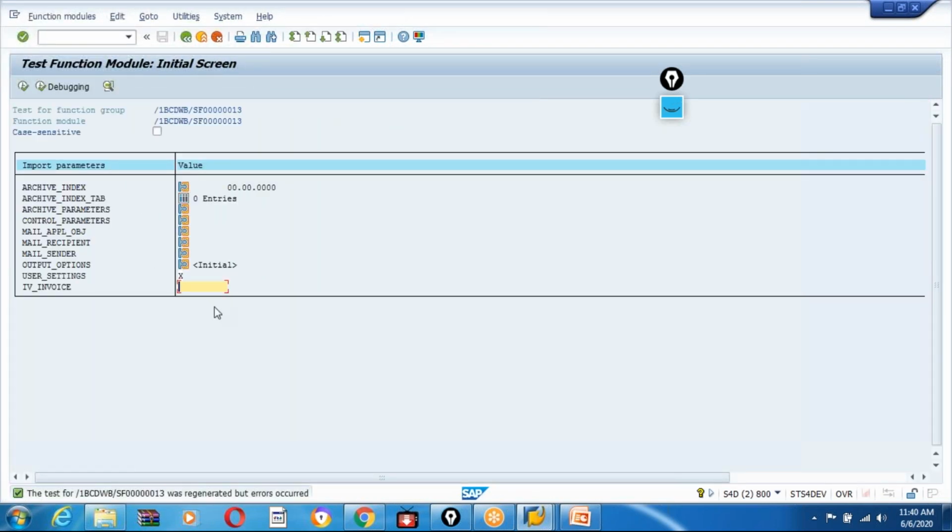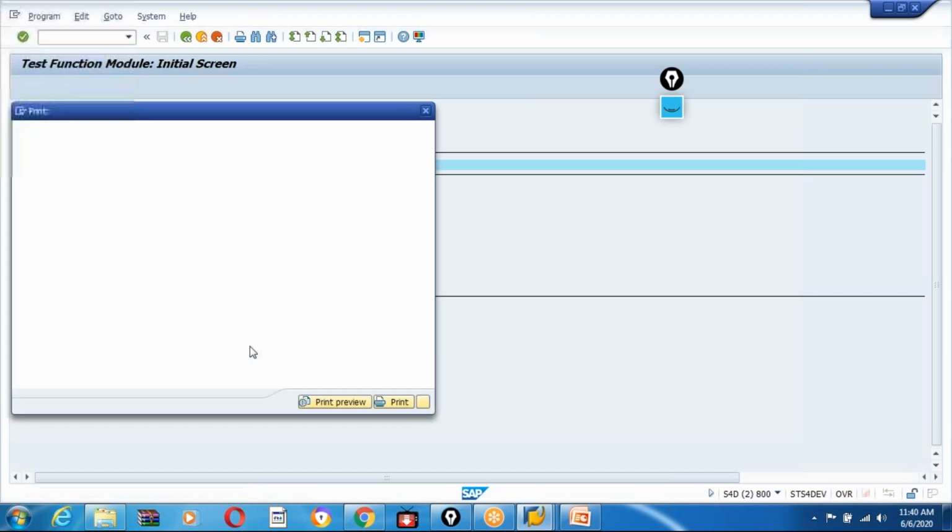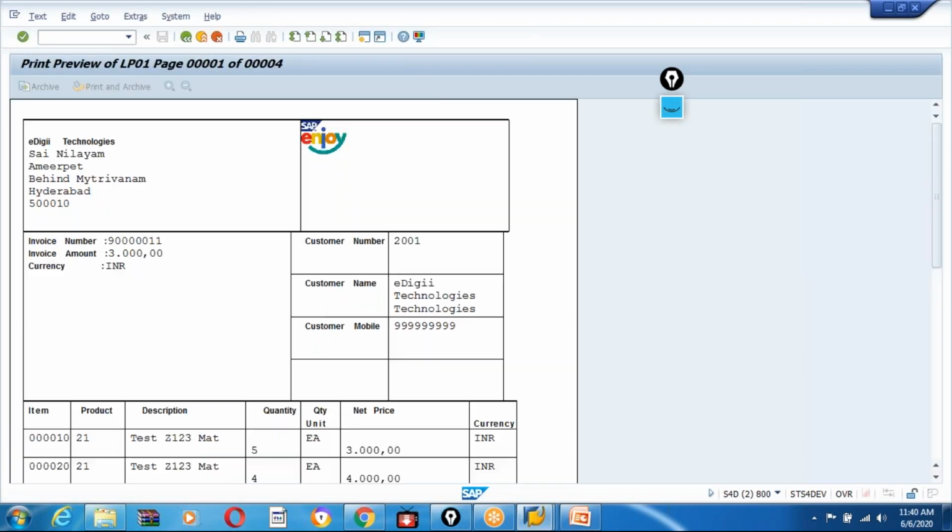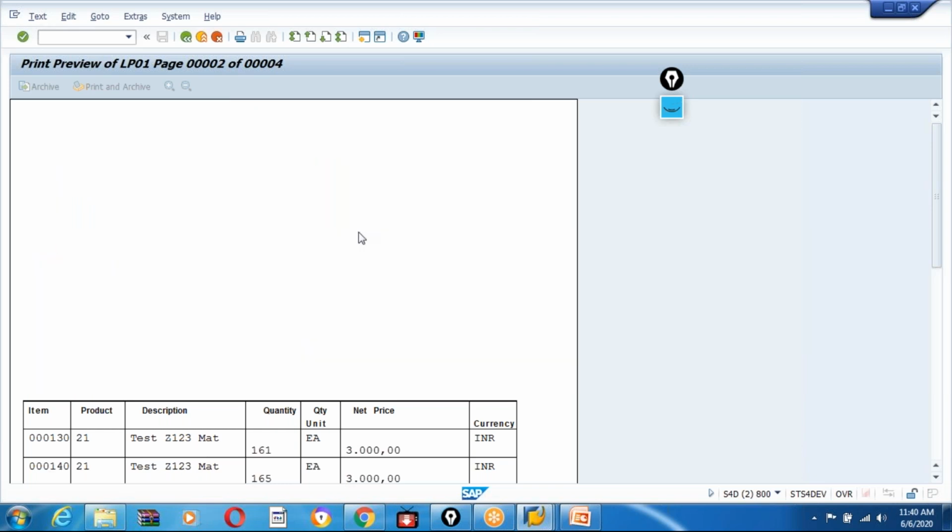For this I need more data, guys. That's why I asked to create more data. So now you can see 4 pages. The first page will have a header. That's fine. And if I go to the second page, guys, see,